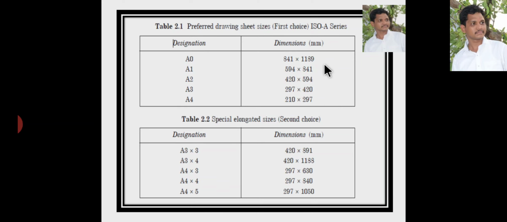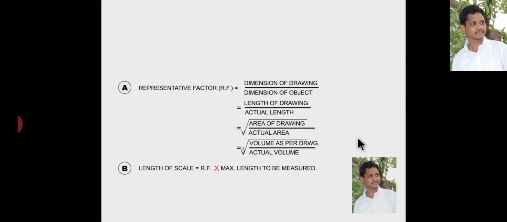Okay, now here the maximum length of a drawing sheet is 1189. Okay, above 1189 we can't draw actual size. So for very big objects you have to reduce that size. Okay, these are the standard drawing sheet sizes. Okay, now